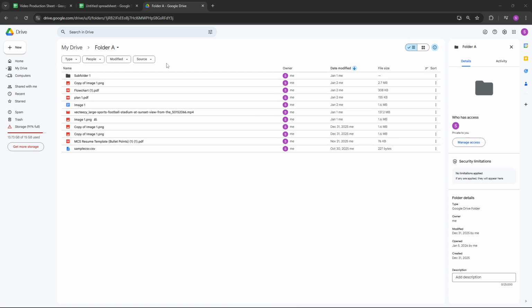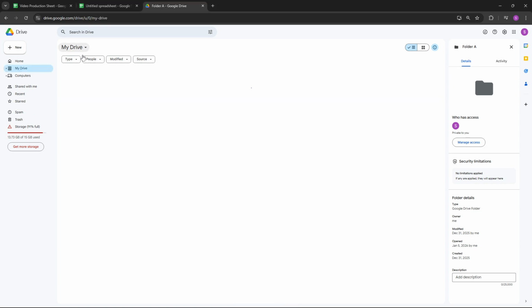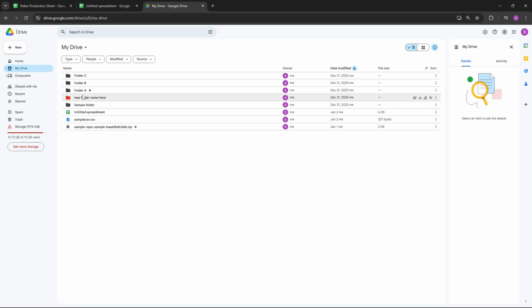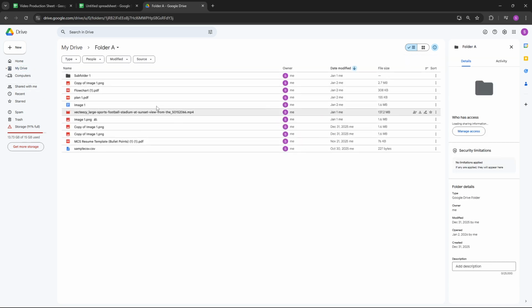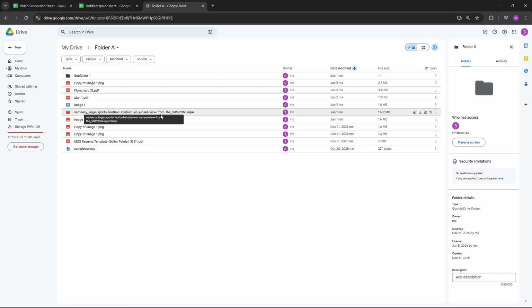If you keep your drive organized, head to the folder where the video lives. If you're not sure where it is, use the search bar at the top and type part of the file name or a common video extension like MP4 or MOV. You can also switch between grid and list views using the layout toggle, so thumbnails or file details are easier to scan. When you've located the video you want to play, hover over it for a moment to confirm it's